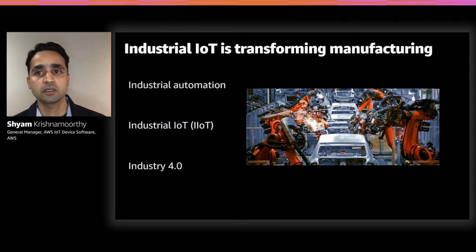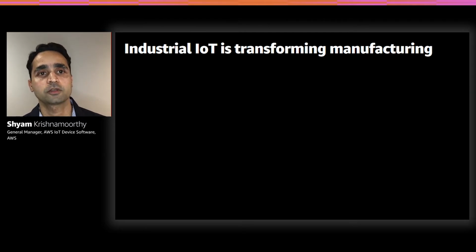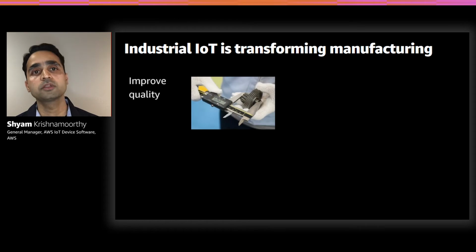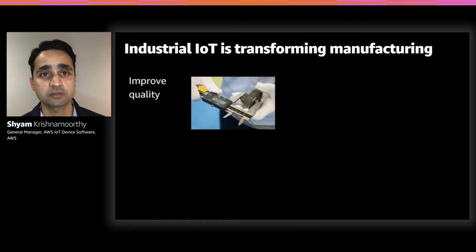Well, we're seeing customers in industrial IoT, imagine a factory that is building car doors, right? They're using industrial IoT to improve the quality, checking whether parts are achieving the right measurements. Do they have the right paint on, for example? Many different use cases where quality is being improved by automatically collecting data on that, analyzing it, and making faster